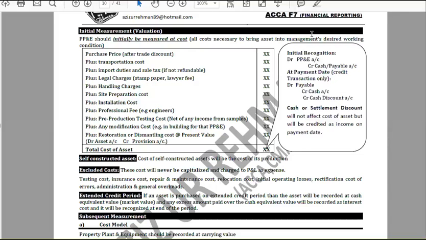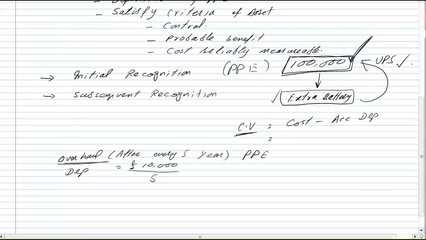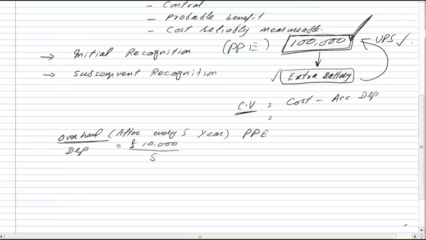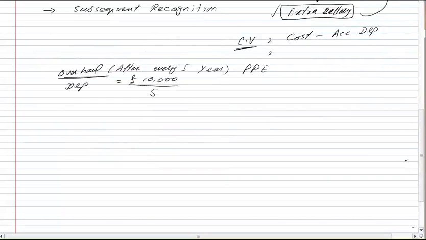So now we have learned that initially an asset should be recorded at cost. Now we are moving towards the measurement perspective. Measurement means how to calculate the cost. For example,